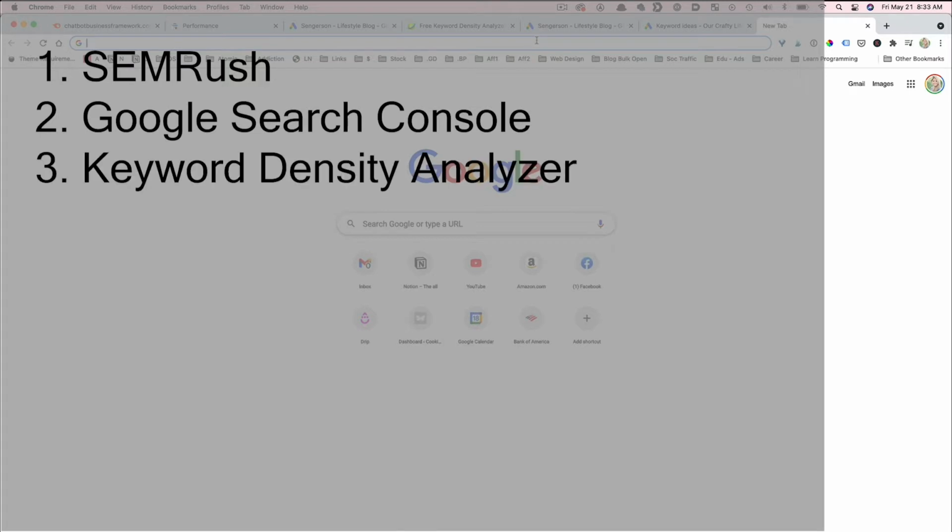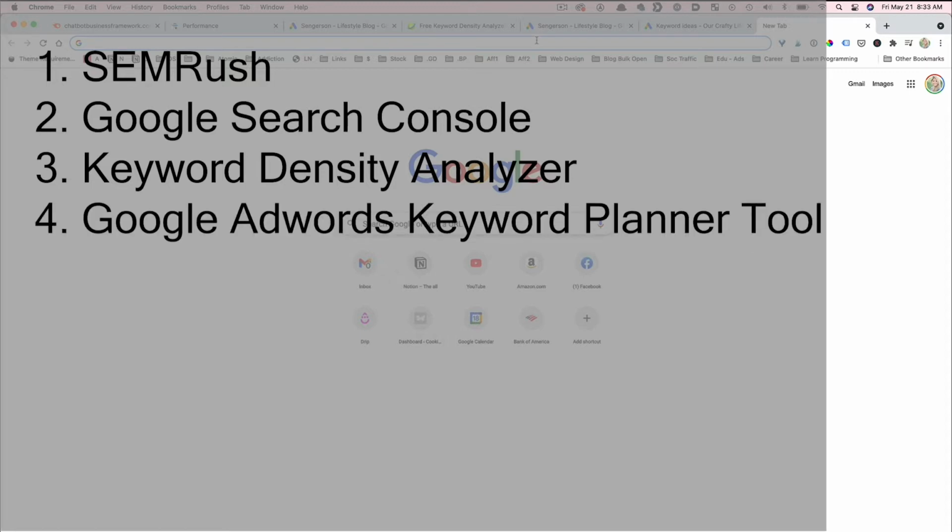And then the third tool I want to show you is the SEO Book tool called Free Keyword Density Analyzer. That one is also a great way to look at a blog post that maybe you want to rank above, and that'll give you insight. But you can also do the same thing with SEMRush. This is a free tool that you sign up and get access to, so it's pretty easy, but it doesn't give you as comprehensive detail as SEMRush.